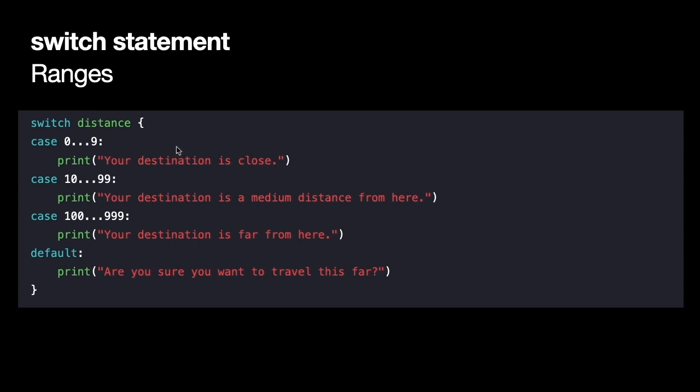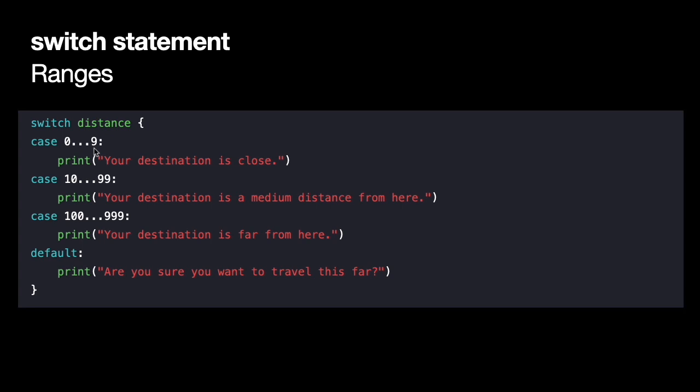We can switch on ranges. Here's a case where it matches integers ranging from 0 through 9 inclusive. And then the next case matches 10 through 99 inclusive, and so on. A slightly similar syntax is where we have a dot dot and then less than sign, which would mean that it is inclusive on the lower end and exclusive on the upper end. So if we had 0 dot dot less than sign 9, then it would match integers ranging from 0 through